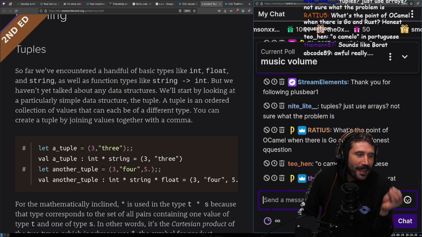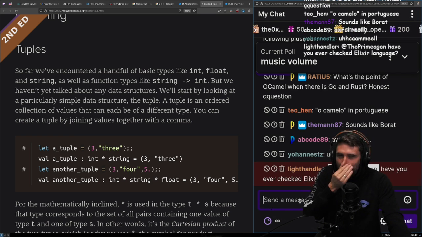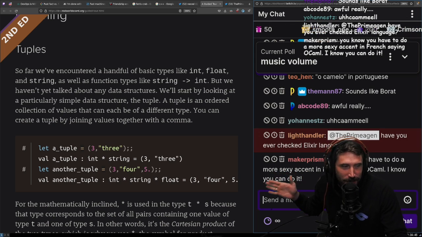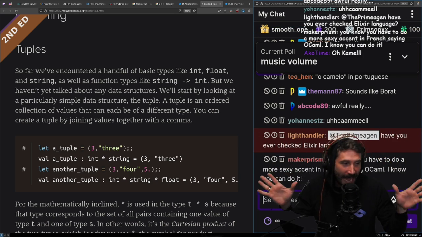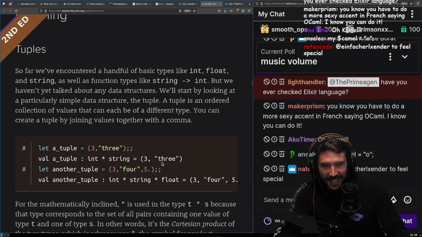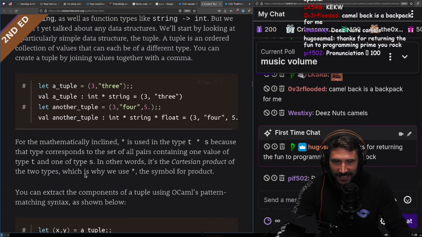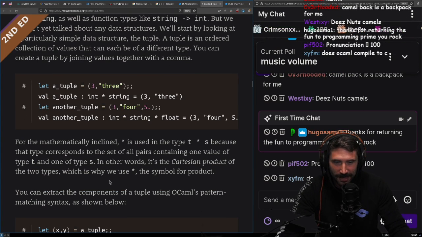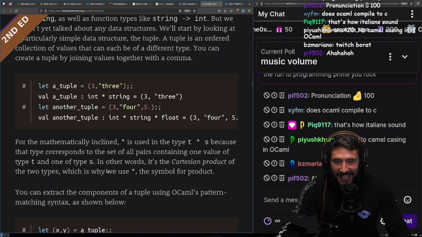Fettuccine. Ocaml. Come on, that's beautiful. If my fettuccine's correct, then my Ocaml's correct, okay? That's how I determine the correctness of my accents. Anyways, let's keep on going. Thank you for returning the fun to programming, Prime. Hey, thank you. Pronunciation, 100. Twitch Borat, thank you. That's how Italians sound. It's fact.